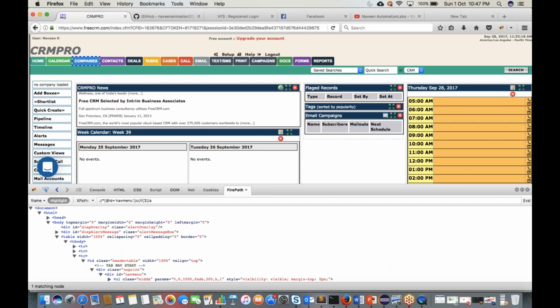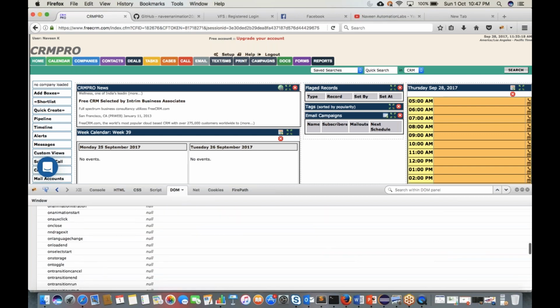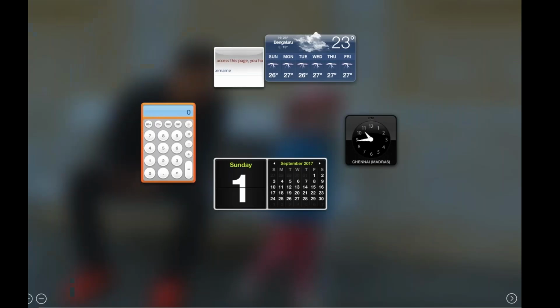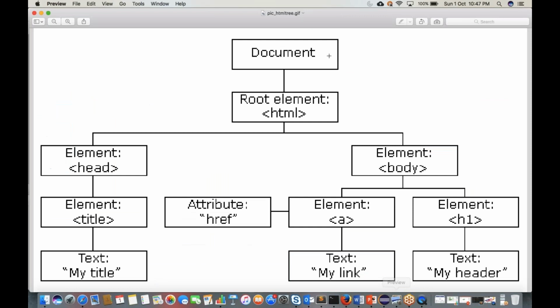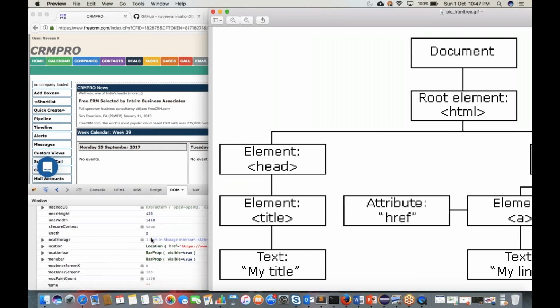And if you see the DOM structure, you can see that this particular tab in Firebug and FirePath is a complete document object model in the form of this particular diagram. If you see, okay, it is like that. Okay, guys. So